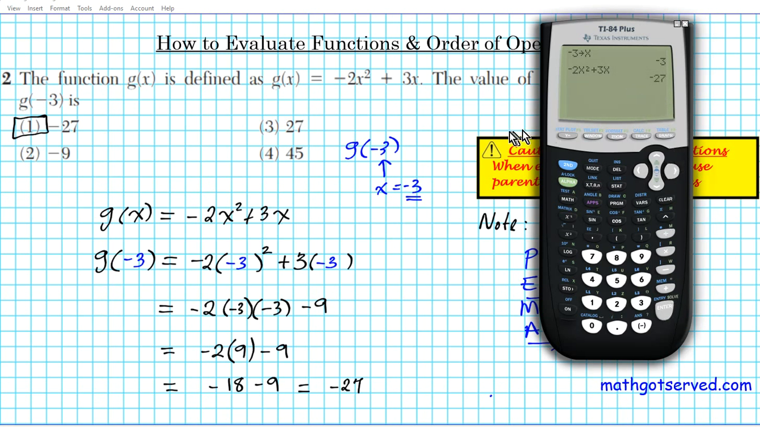Okay, so you can also evaluate expressions using the home screen in your TI 84. So just remember to store the constant in the variable first, enter the expression, press enter, and then it will calculate the answer for you. So we can clearly see that the answer